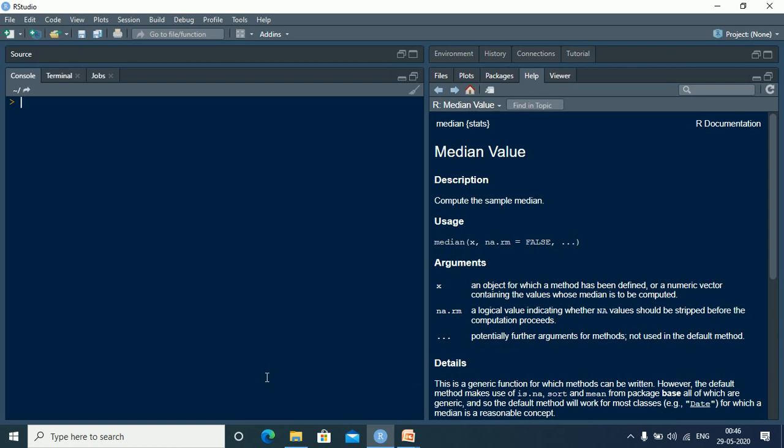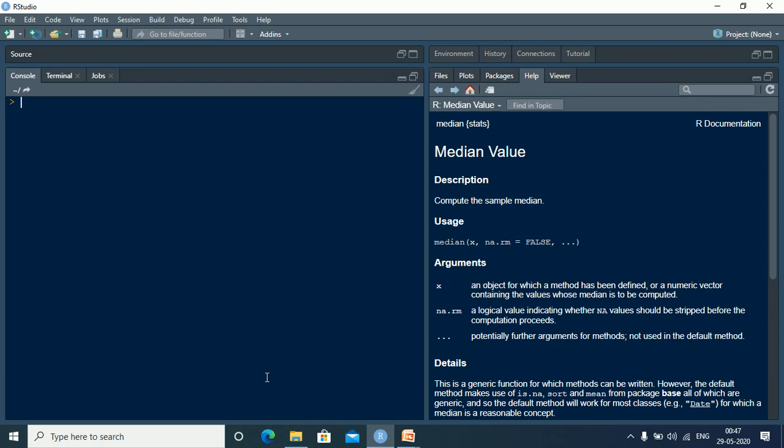So what are objects? Objects are named data structures that store the data which has been created by you. Using the object name, you can call the data stored in the data object. The data object can be a single digit, a single character, a whole sentence, or even a data frame. So let's go ahead and create a few objects first, right?